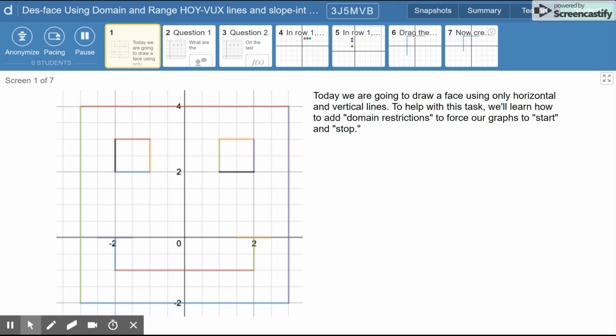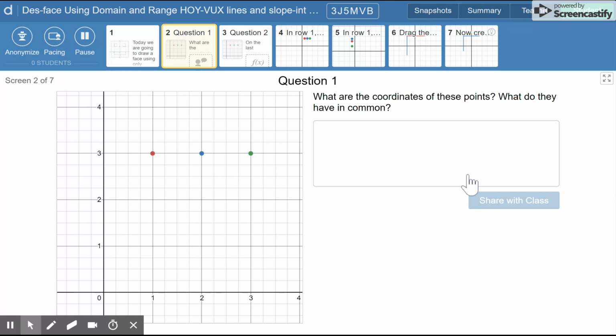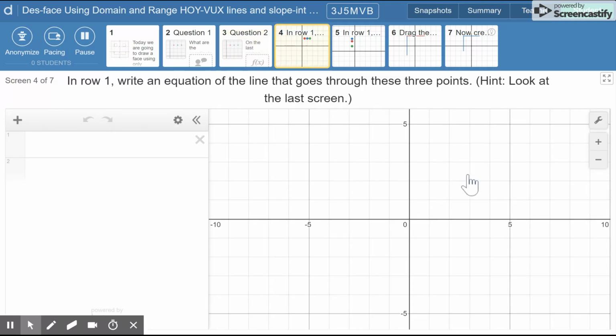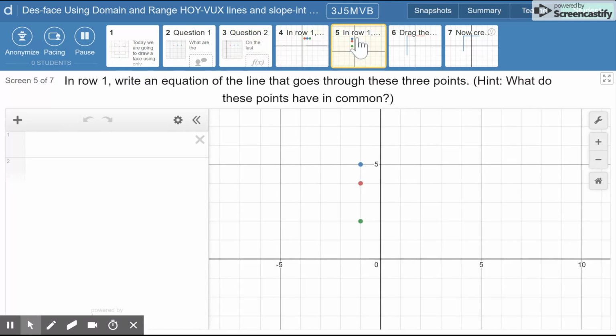Now we're going to add to it. We're going to be using all kinds of different lines, so you won't be restricted just to vertical and horizontal. Now it's going to ask you several questions, and after this video you'll need to start the Desmos activity on slide 1, but I want to show you a couple of things,